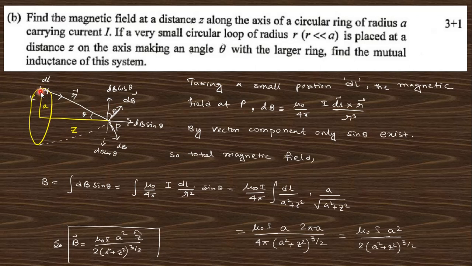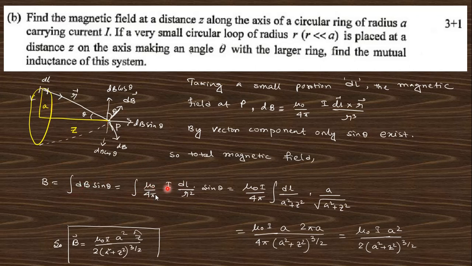For that you can take a small dl. In this region the magnetic field will be like that, and you can see the r and dl directions are perpendicular, that's why there is sin 90, which is 1. And you can see the component will be like this is the dB, and it has these two components, dB cos theta and dB sin theta. Similarly for this region, dB cos theta and dB sin theta. So the dB cos theta components cancel out, only the sin theta components are present. That's why you need to integrate dB sin theta.